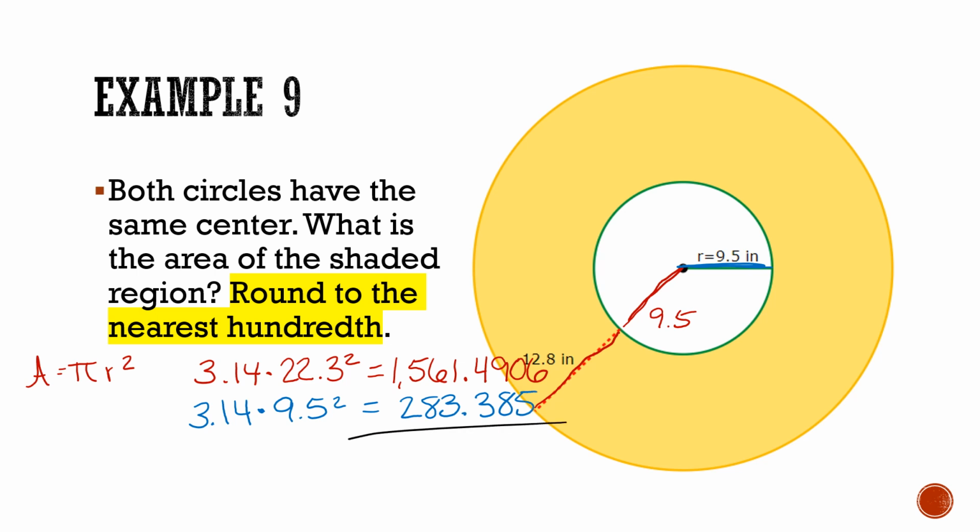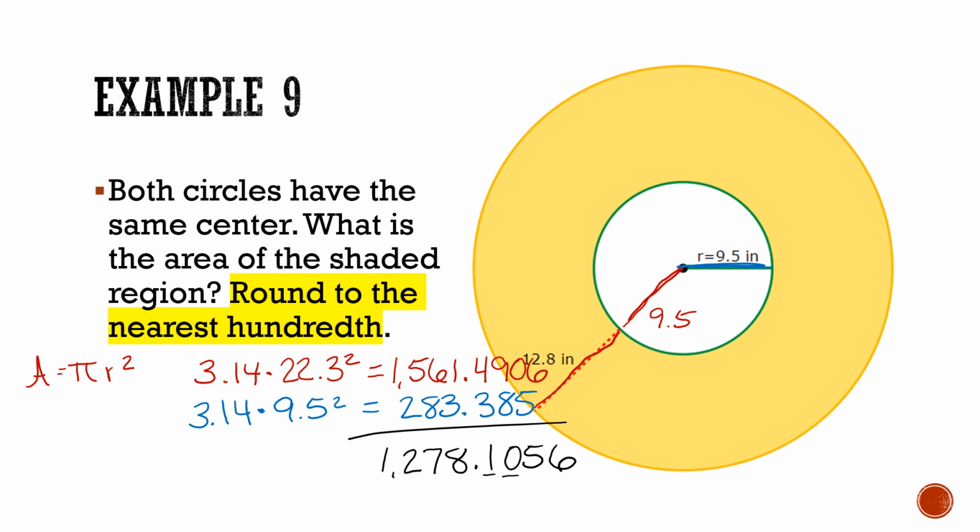And then, of course, as usual, we're going to need to subtract those, which leaves us with 1,278.1056. However, our answer tells us to round to the nearest hundredth, so we have our tenths, and then our